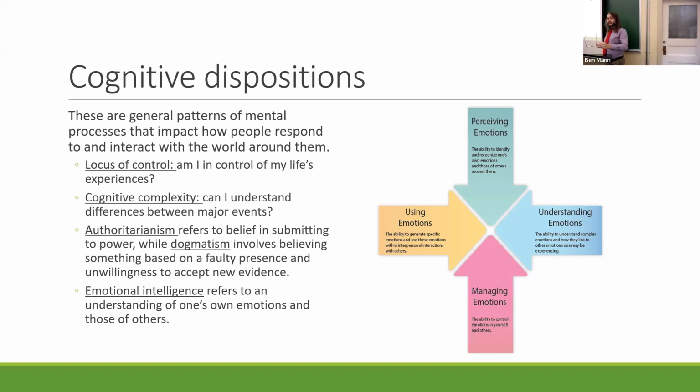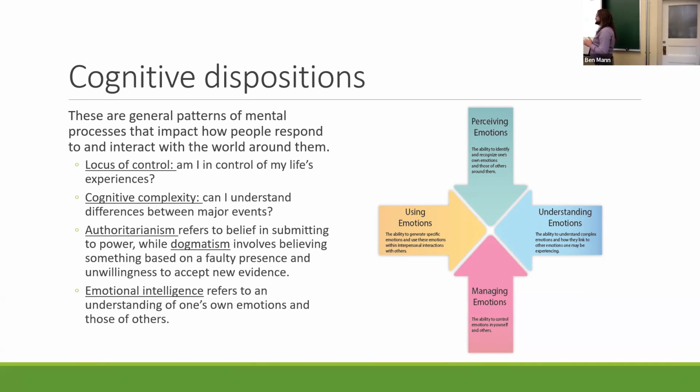So what that means is that when I'm looking with these glasses on, the color blue isn't showing up as vividly or strongly. If you wear a pair of sunglasses, right, you're wearing those in a way that kind of distorts your vision. You don't typically wear sunglasses inside because it's a lot harder to see and the colors look all weird, right? In this way, a cognitive disposition is like the glasses that you have, right? It's the thing that you're using to filter and shape the way that you look at the world.